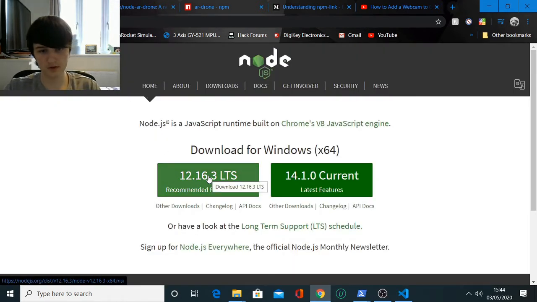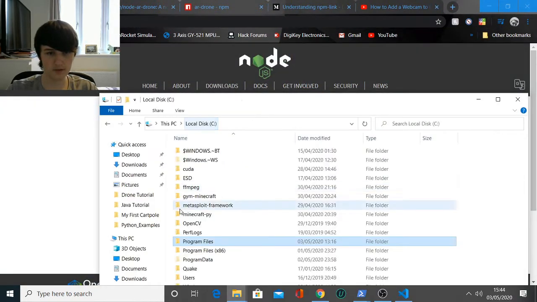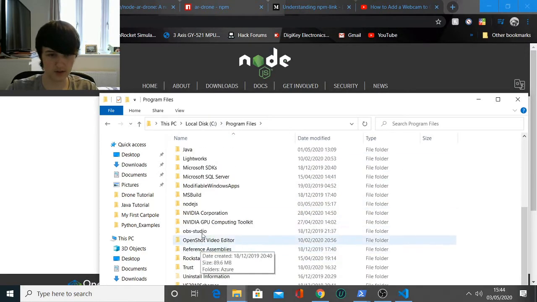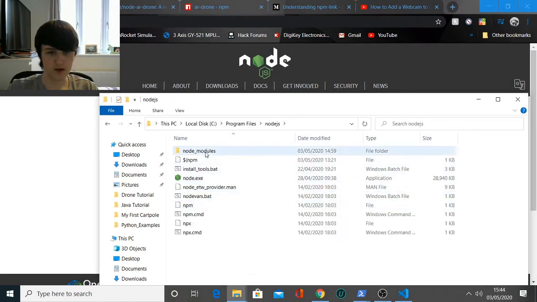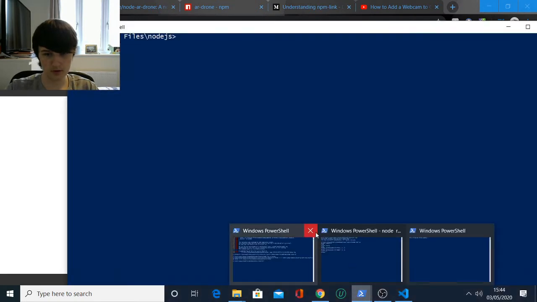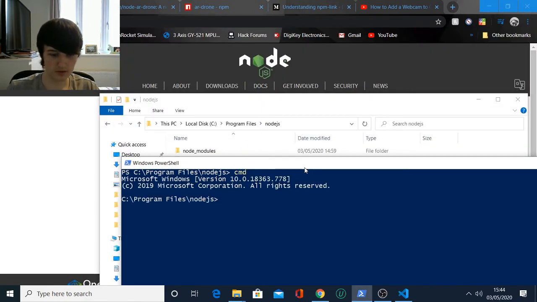So what I want you to do is install this version of Node, since it should be working nicely with this one. Once you've installed it, go to the install directory, which is typically C drive, Program Files, Node.js. Right click and say open PowerShell window here, and I want you to type into cmd, and just go npm install ar-drone and